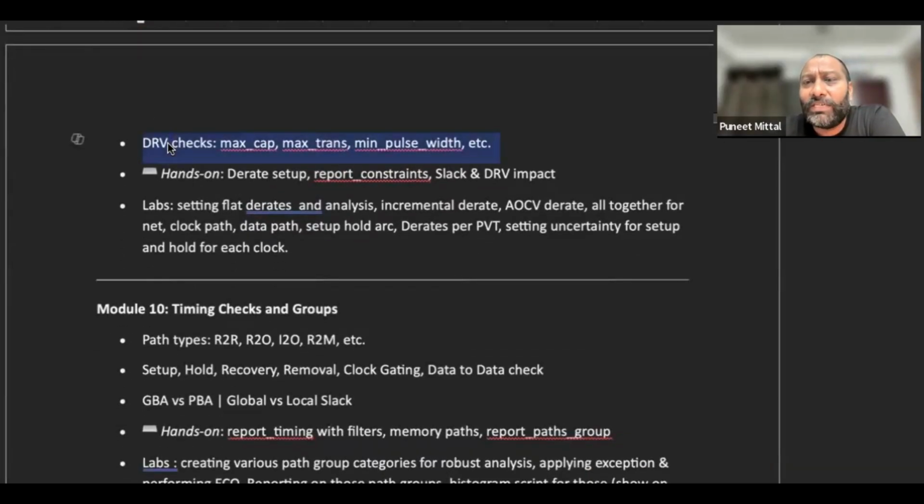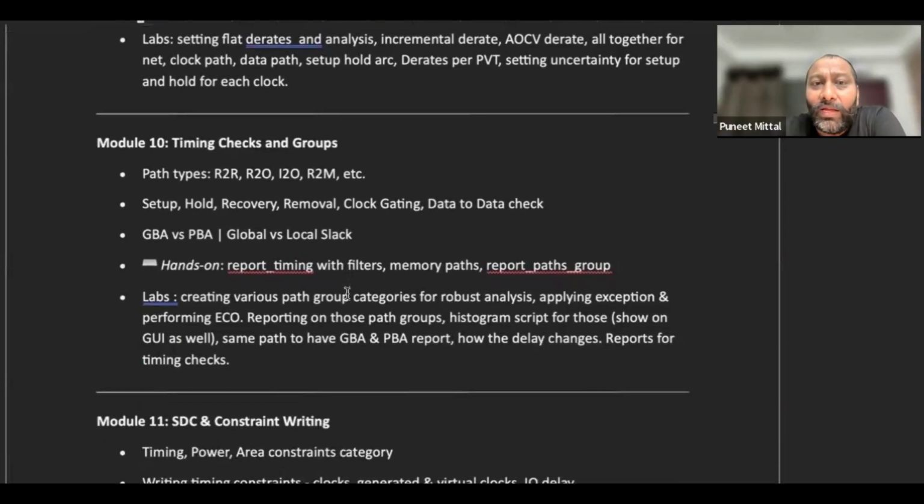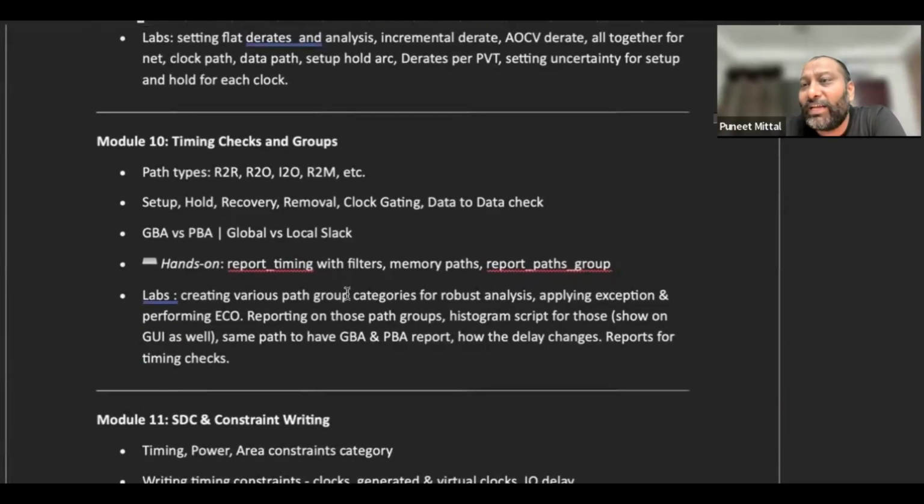What is the importance of these checks? Why do we have to do it? How do we have to do it? If we have to fix it, how are we going to fix it? So all those things we will do at this particular place. Then the next thing that comes into the picture is what the different timing checks are and